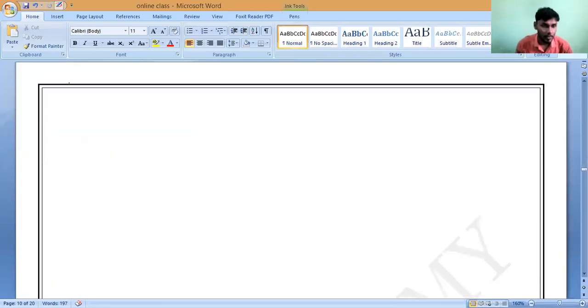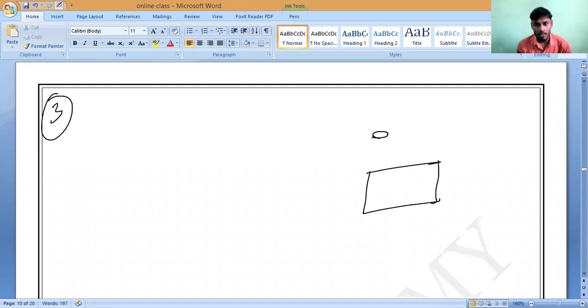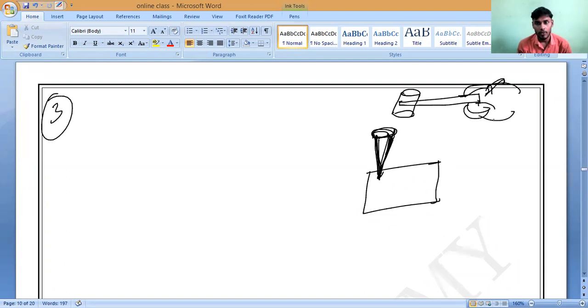Let me imagine an additional problem. I will take some kind of wooden block. Nail, correct or not? A nail has been inserted, and what am I hitting with? I am hitting with a hammer. So let me imagine this is the hammer. Is it okay? I am holding it. So this is the hammer. Now please tell me what is the mass of the hammer?